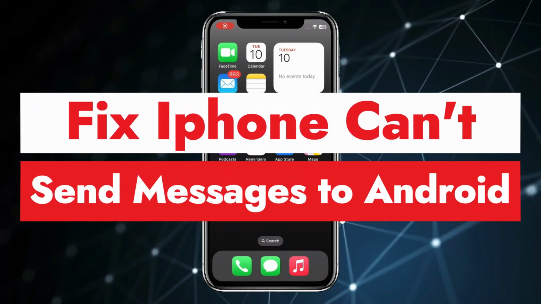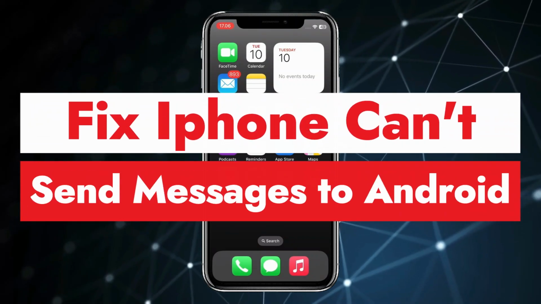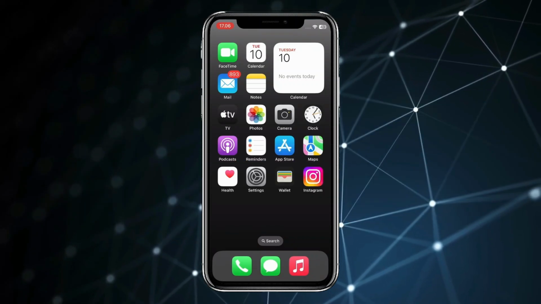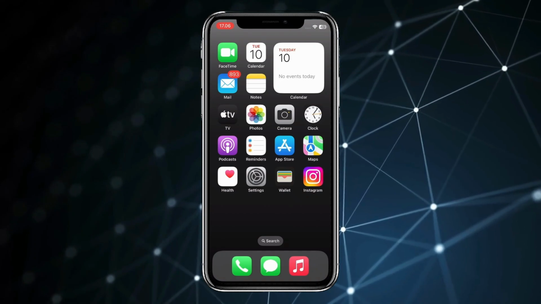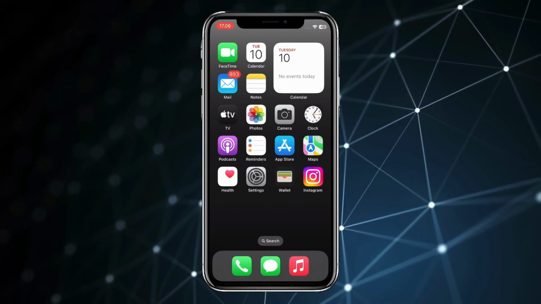Today in this video I show you how to fix iPhone can't send messages to Android. If you are facing any problem in sending messages from iPhone to Android device, then you have to open the Settings